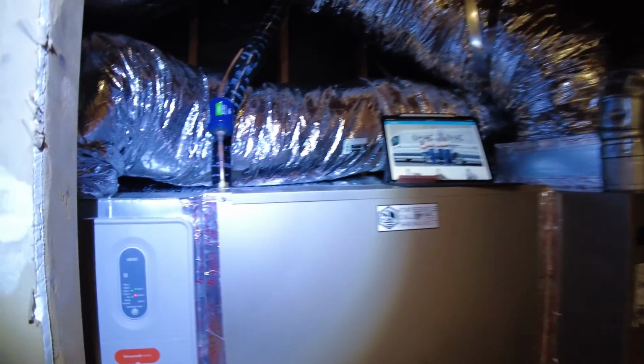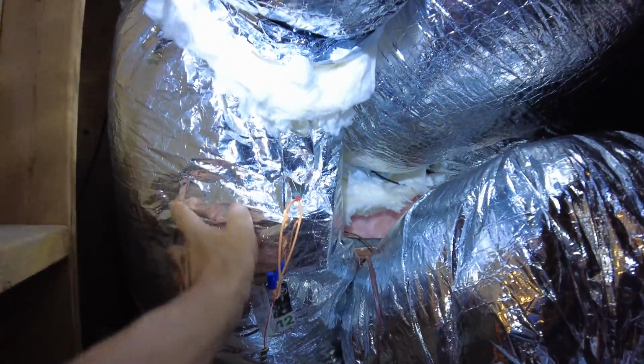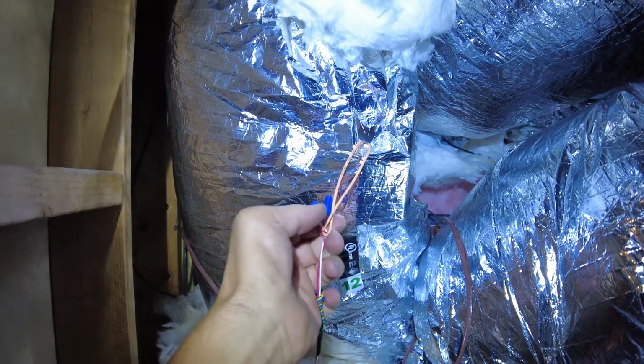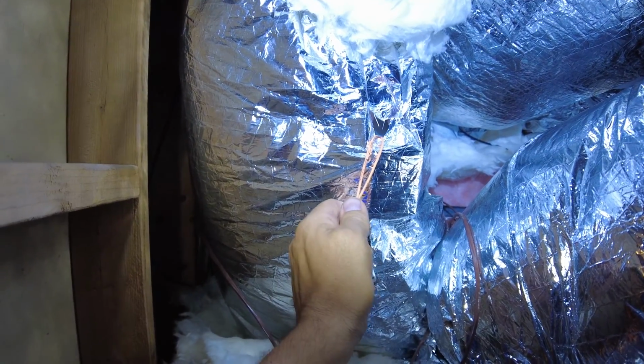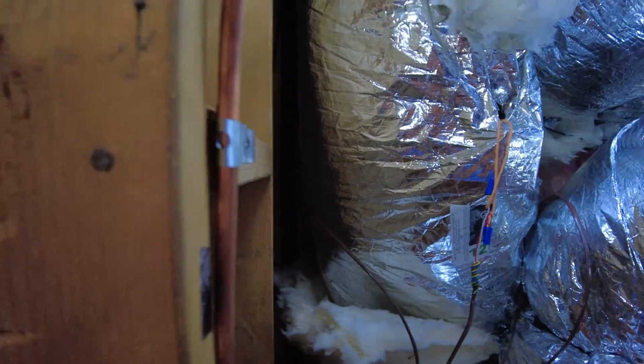By the way dampers are, we can see that behind this insulation there is an electronic damper. It's wired, so whenever your upstairs or downstairs is calling for cooling or heating, these dampers close or open